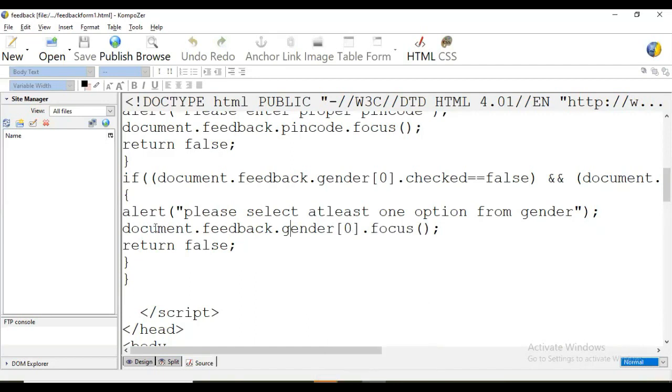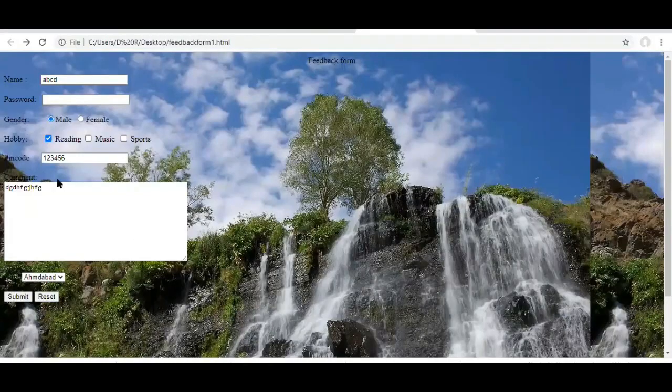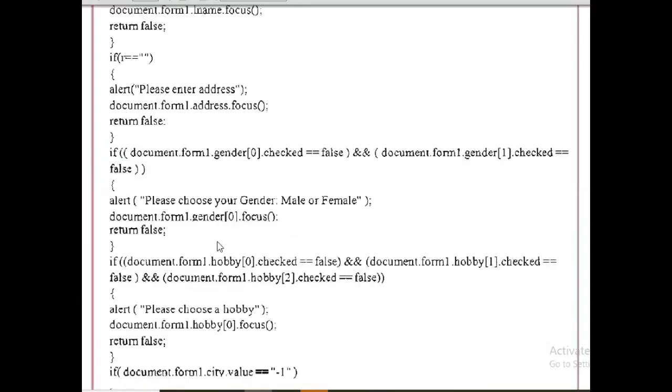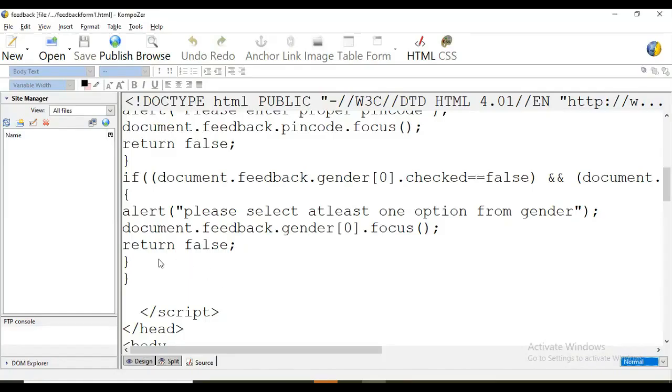So same way now for second group of options, that is hobby, we are going to use this. For that, you can see here same way. Here the group name was gender, and here it is hobby. So hobby 0, hobby 1, hobby 2, like that. So this is for first option, second and third option. So now in coding part,